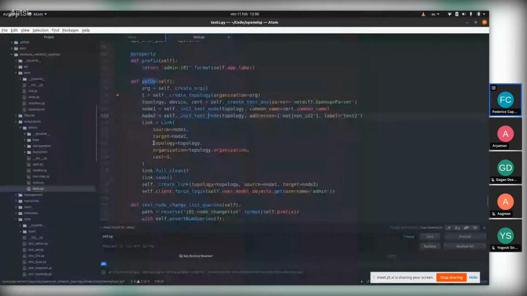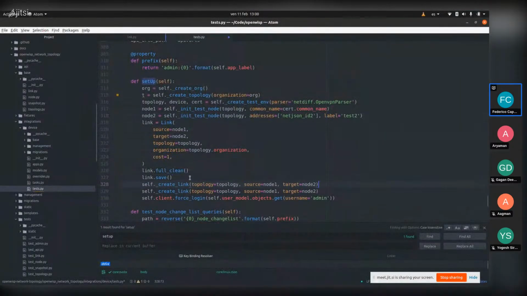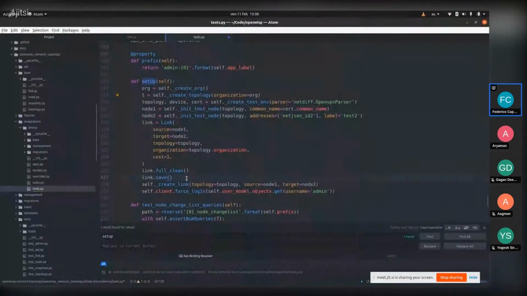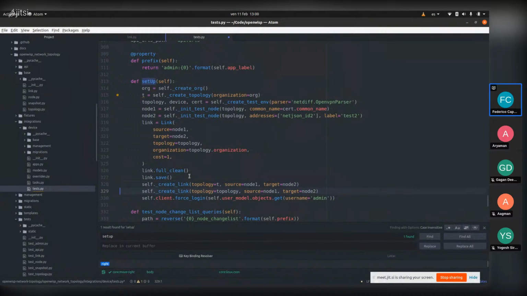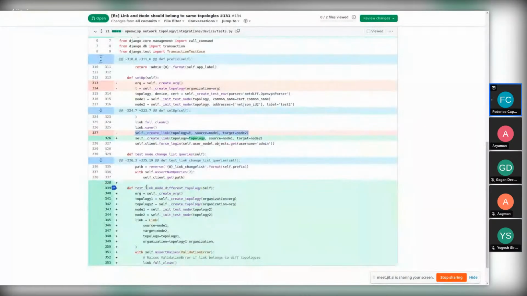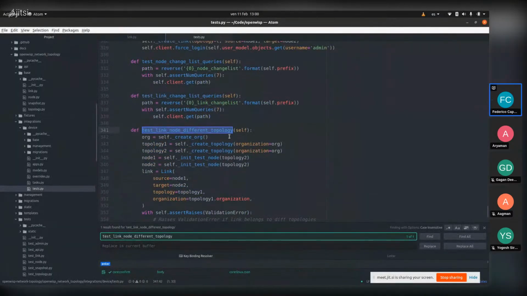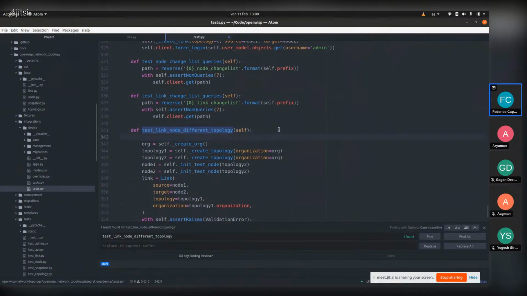After link say. Then in your test, what you can do is you can do